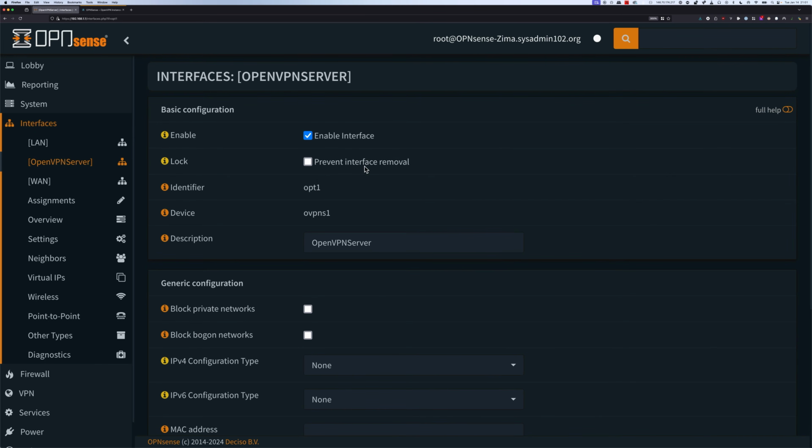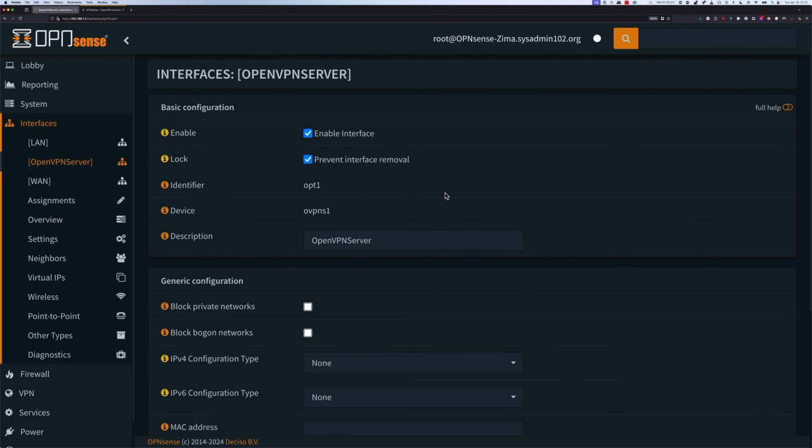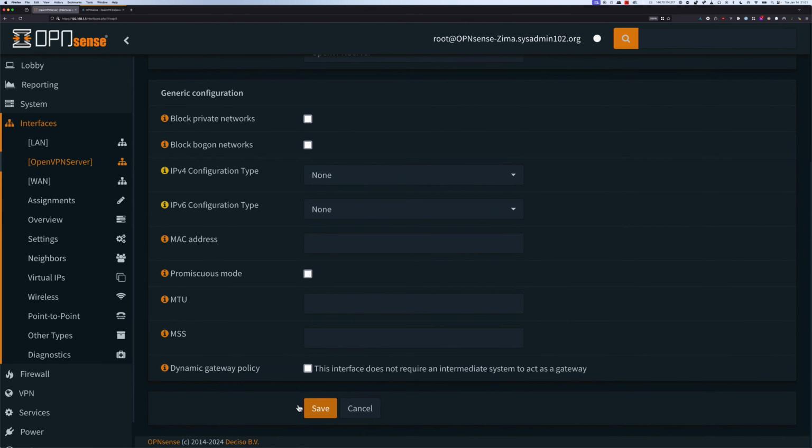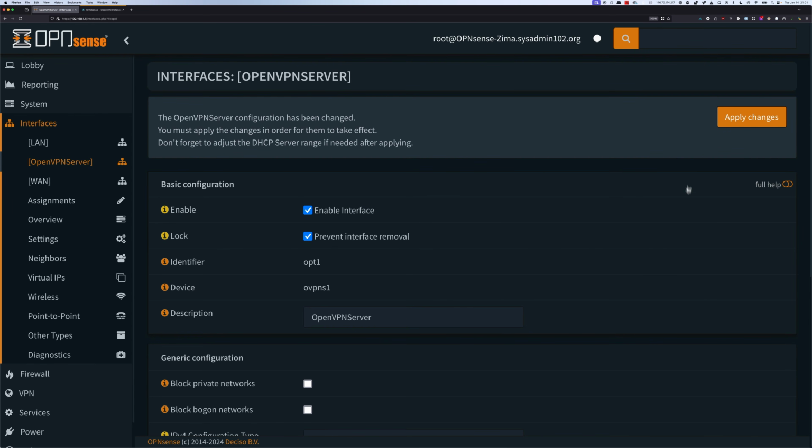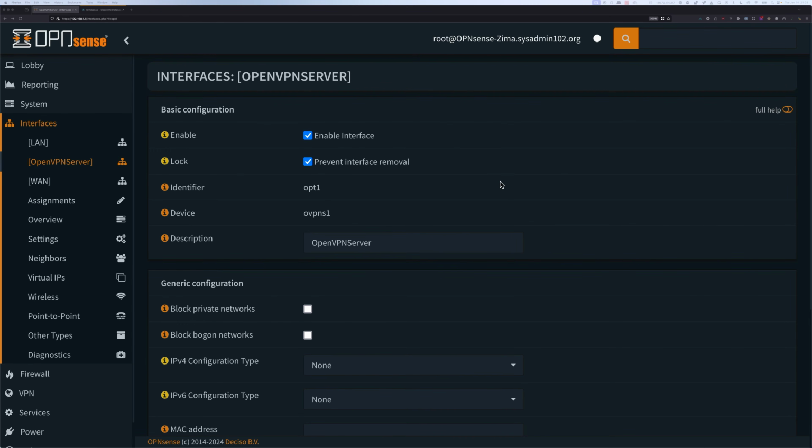And we're going to select enable interface. You have an option to select prevent interface removal. Optional, it's up to you. And then once you've done that, we're going to select set. And don't forget to select apply changes as well. And moving on to the next step, we're going to